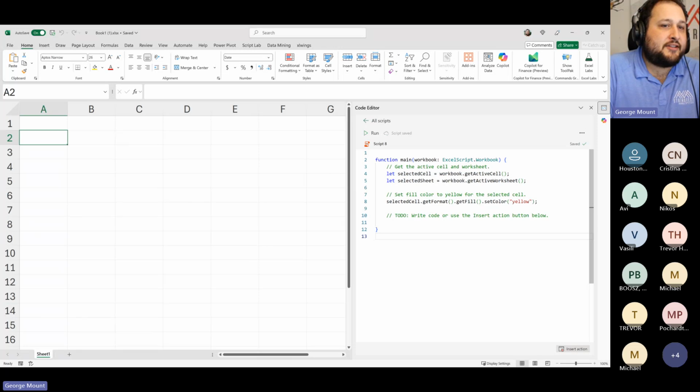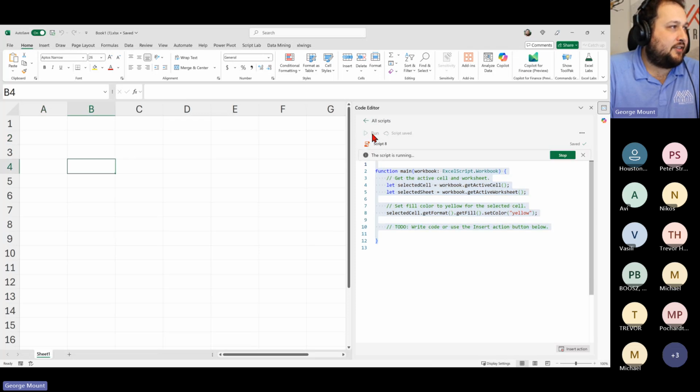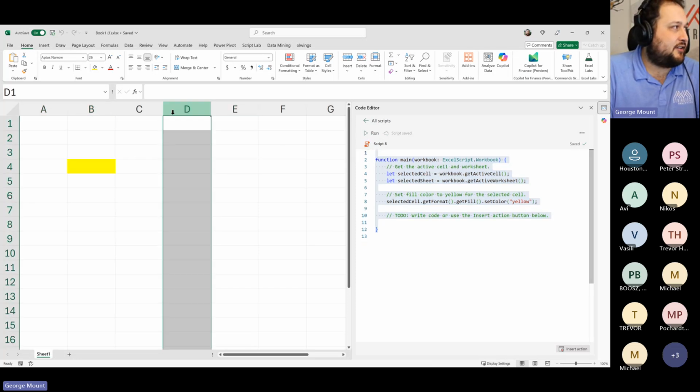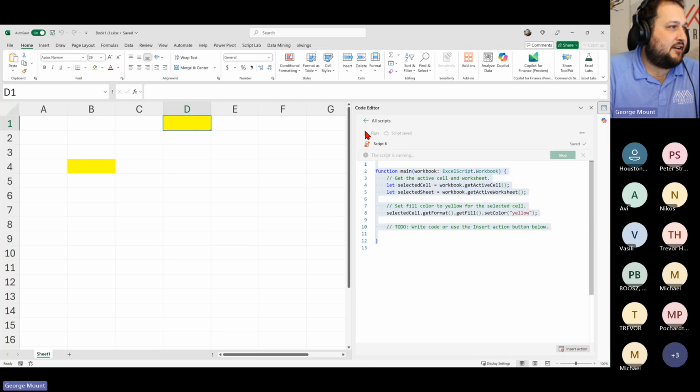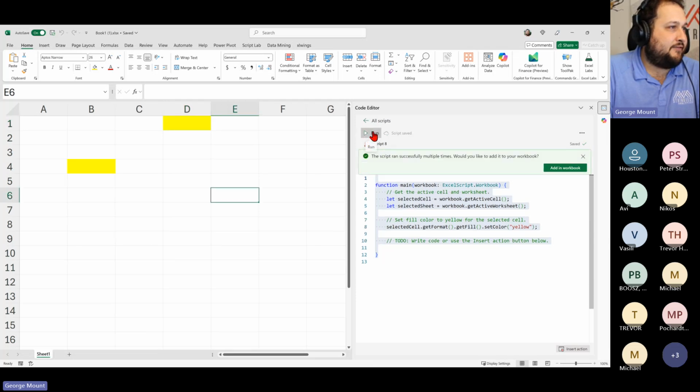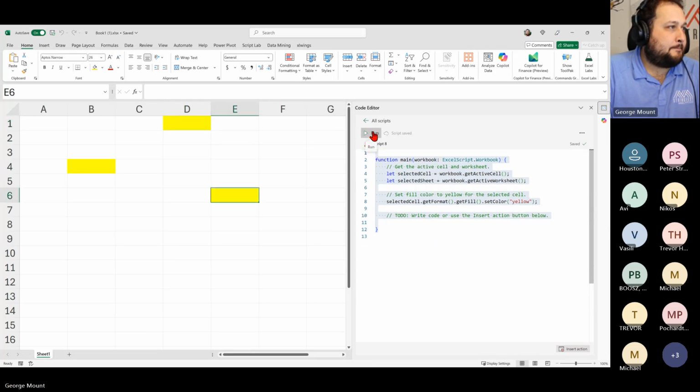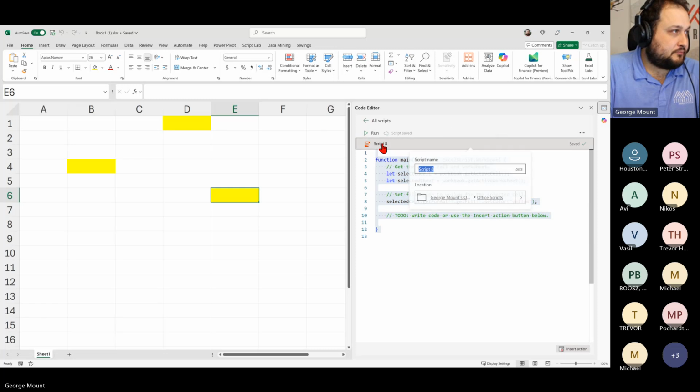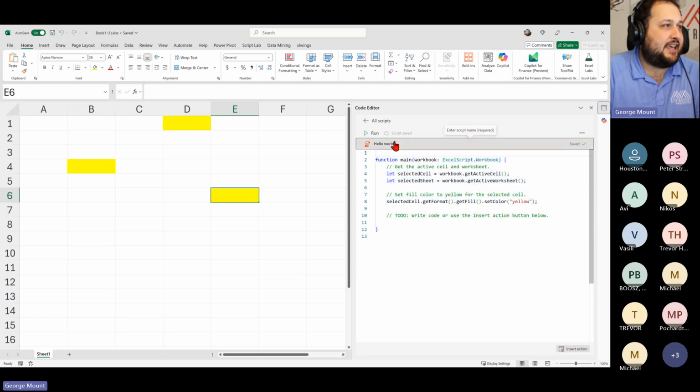All right, so there are different ways to set up our Office Scripts here. Let's create our own hello world function. I'm going to put this in the chat as well. So just get rid of all this stuff. Actually, we could just run it anyway. Let's run this. And you'll see that the current cell gets shaded yellow. Fair enough. Fine. Let's call this something like hello world. Make sure it gets saved.